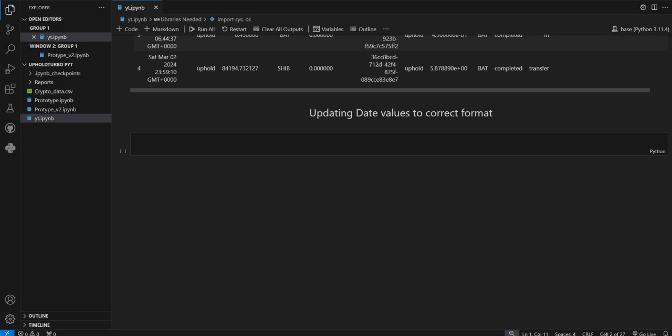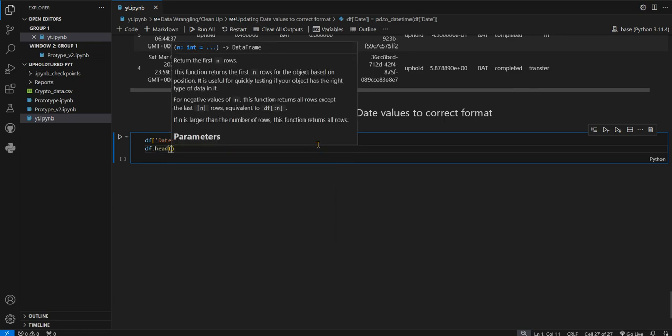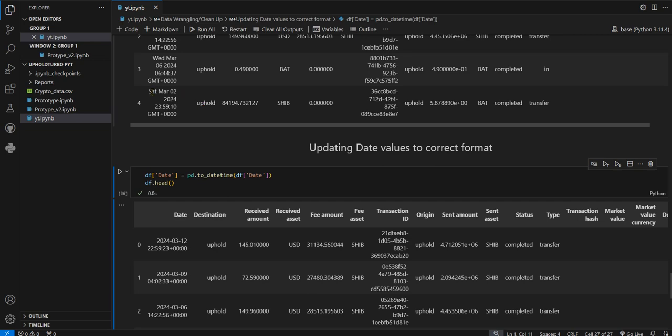All right, so we're going to convert our date field values to date time, and we're going to do df.head so you can see the difference. Okay, see, so this changes that, like Saturday, March 2nd, to this format, and that's kind of what we want,